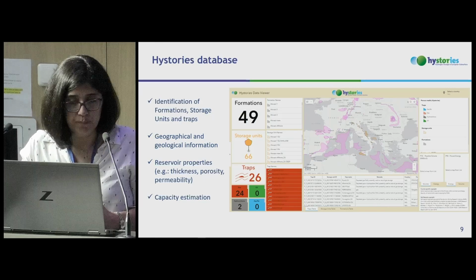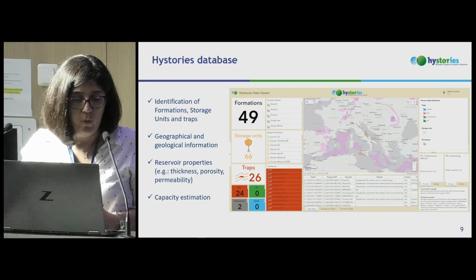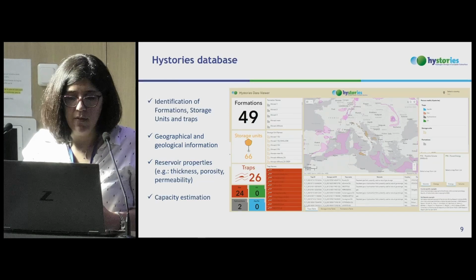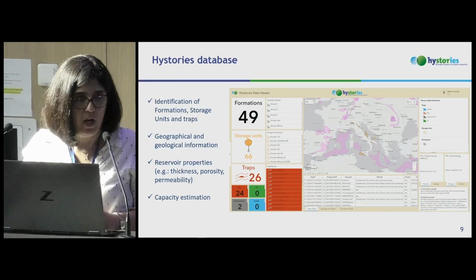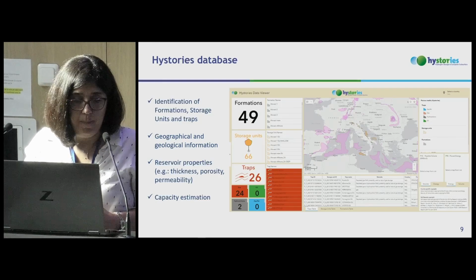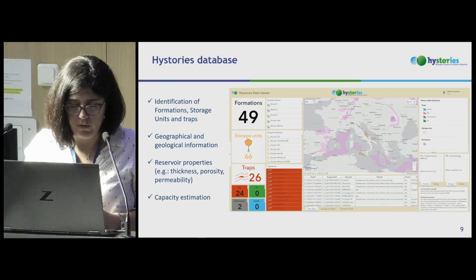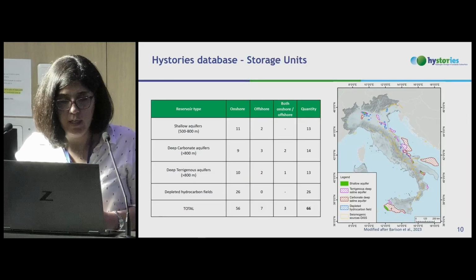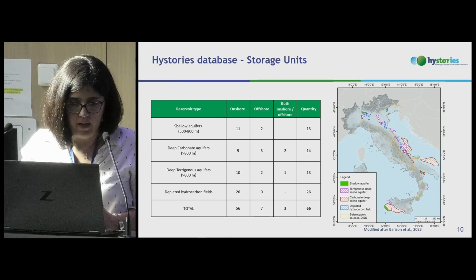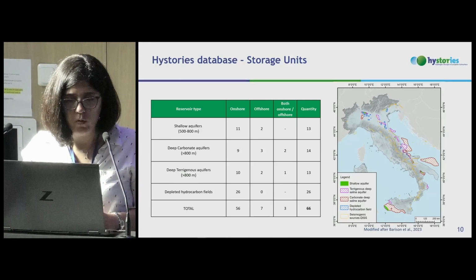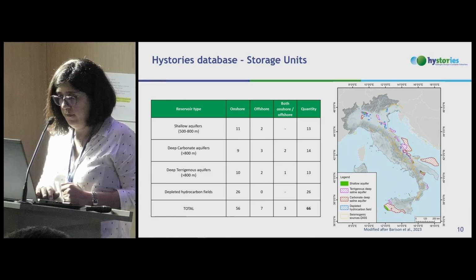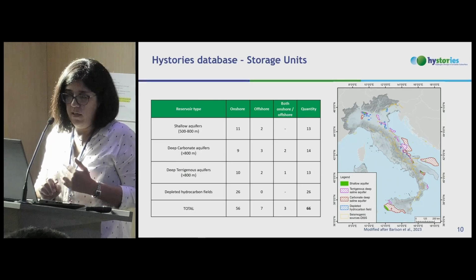You have information about the lithology, the depth, for example, the permeability, porosity, and so on. And also you have information, especially for the traps, about the working gas, the volume available, and so on. So just to summarize, the storage units that are the bigger number of reservoirs we find out. We have 13 shallow aquifers, the one in green, a very small area, that we identify,